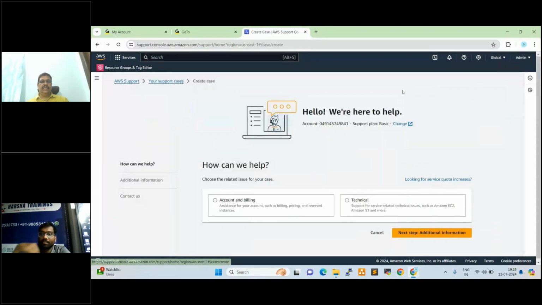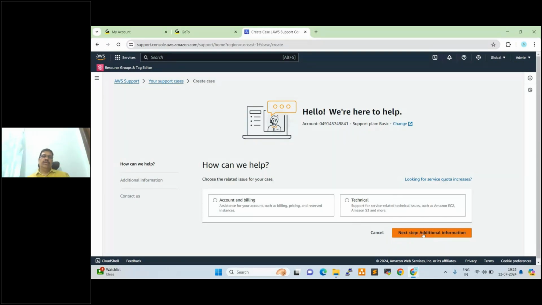Once you click on create a case here, under account and billing, select this and click on next for additional information. You can provide your phone number and a description. In the description, you write something like: I'm facing a billing issue, I got an extra bill, I'm using free tier services but I got a bill, could you please revert it, make it 0, or could you please check, okay? Like that we write something, and we can give our phone number and email address, and submit that. Once you submit that, it will go to the